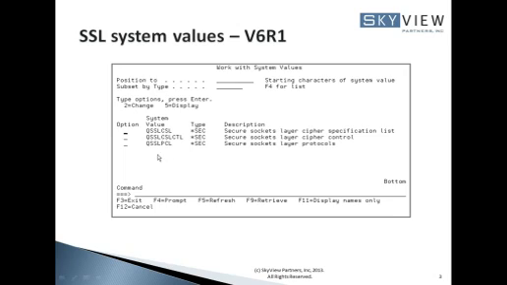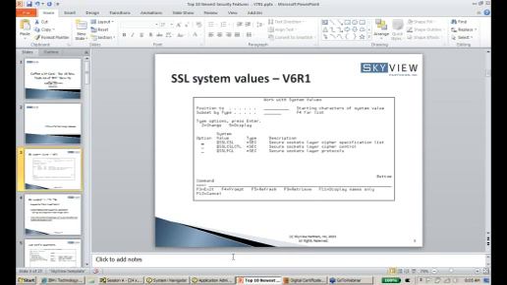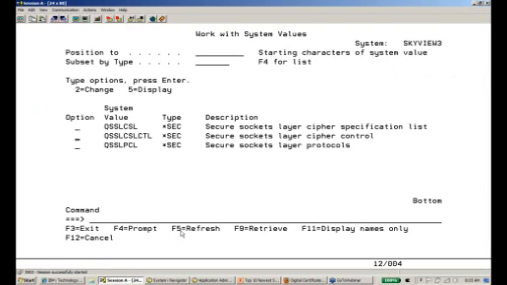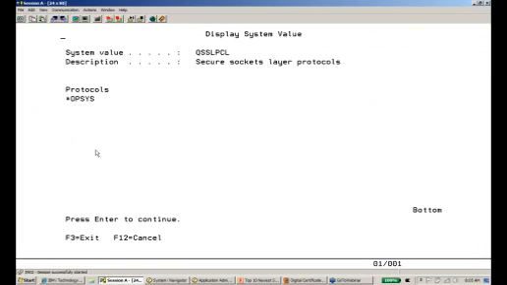Okay. So the first thing that we are going to look at are these system values. They're kind of some funky system values, and they control the SSL ciphers on your system. Now I'm actually going to switch over to the actual system, and we'll do this. So here are the system values from an iSeries or IBM I system. So if we take a look at what these do,